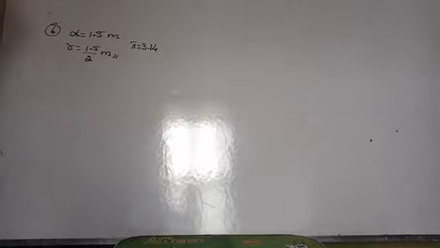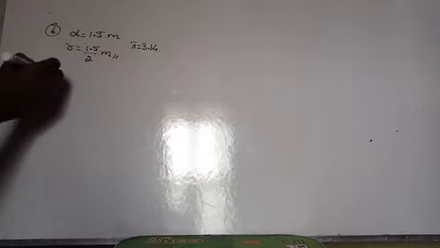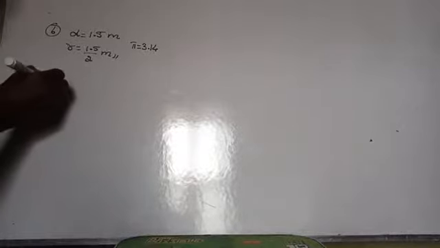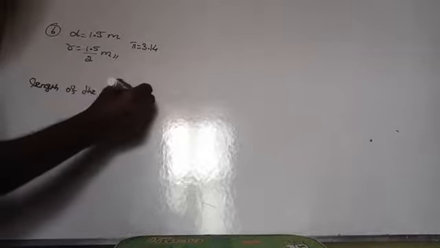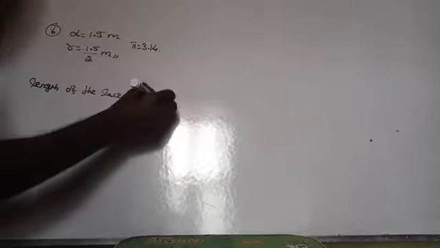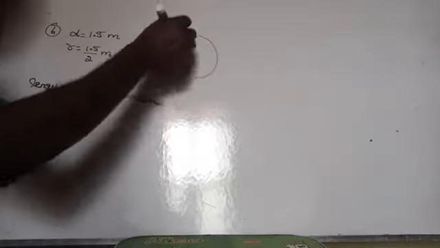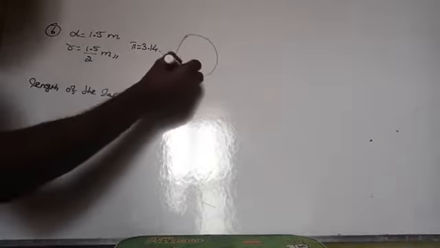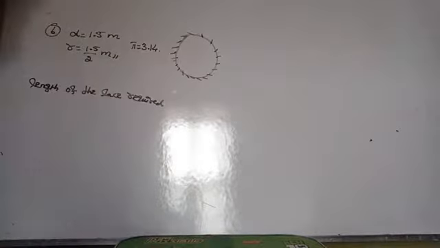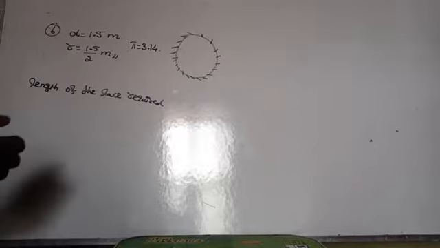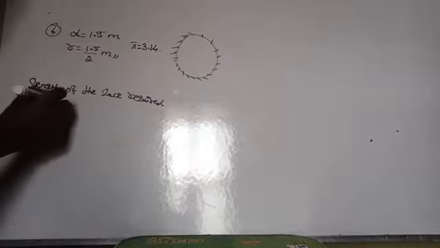Now, she wants to put a lace on the edge of a circular table cover of diameter 1.5 meter. So what is the required length of the lace? The lace required is nothing but the circumference of the circle. If it is a circular tabletop, she wants to put it around the circular table. So you have to find the circumference of the circle. So the length of the lace required is equal to the circumference of the circle.